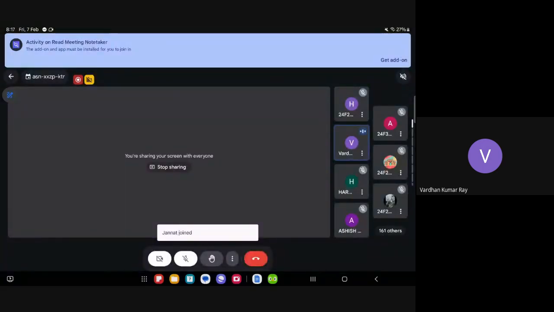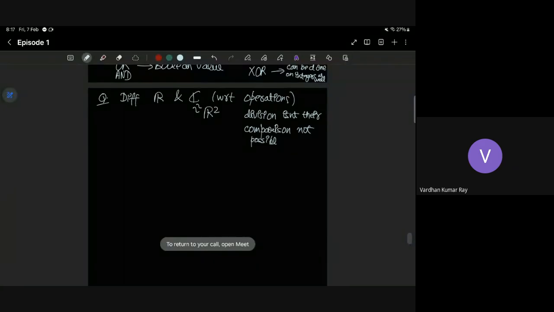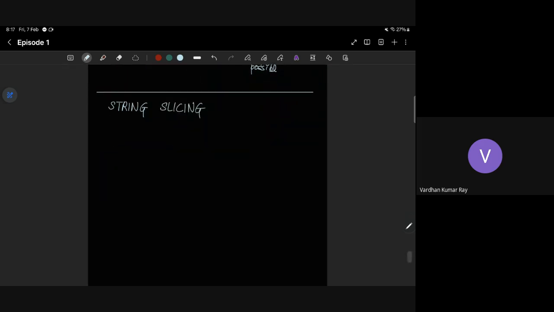I hope you guys can see my notes screen now. Yes. Let me do string slicing. The duration of the lecture is at most 1.5 hours, but I will finish it before 9.